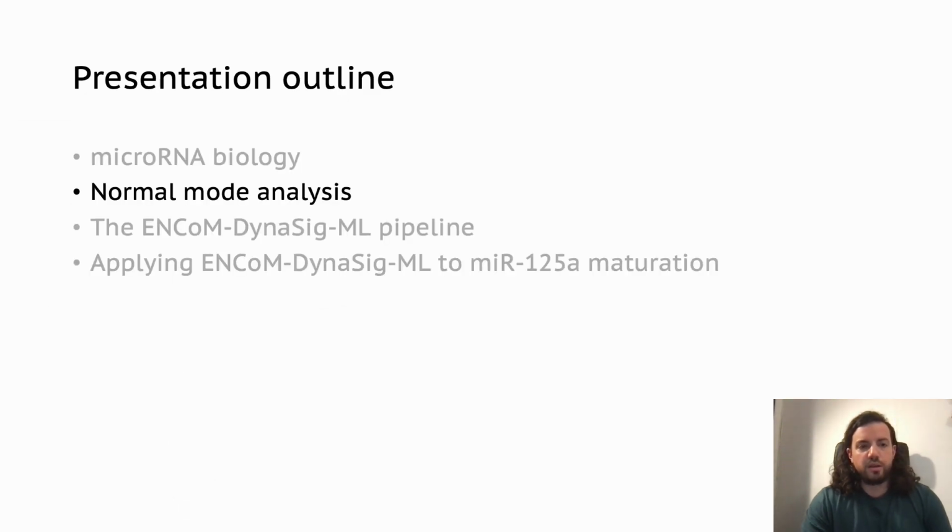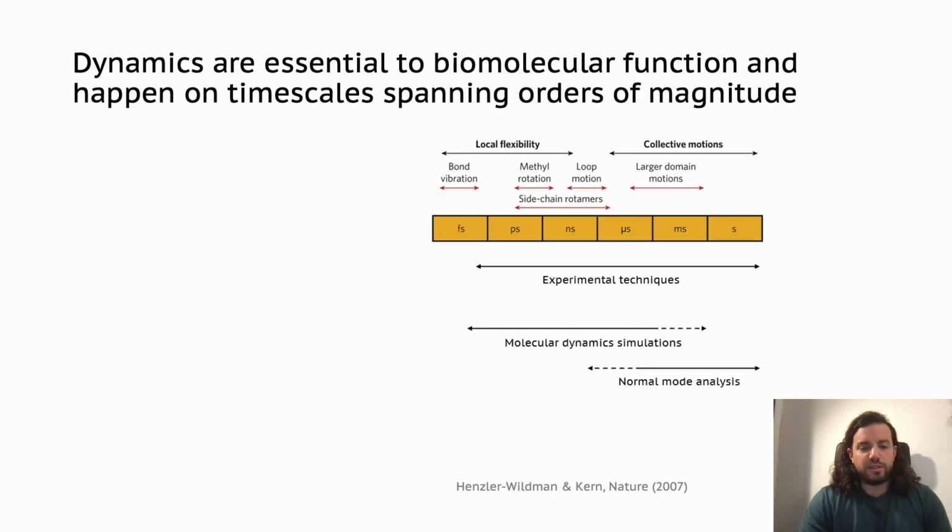So then on to normal mode analysis. Dynamics are essential to biomolecular function. If biomolecules couldn't move, they couldn't perform their functions. And these dynamics can be happening on many different time scales. So here you have a graph showing very fast dynamics like bond rotation up to slow dynamics, which can